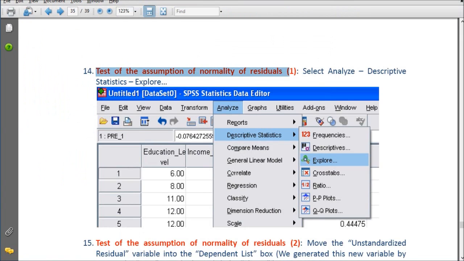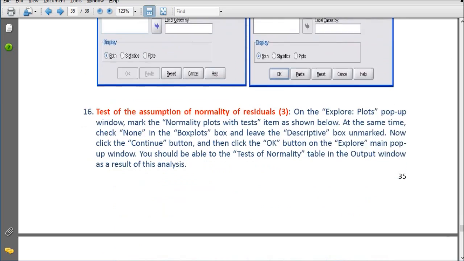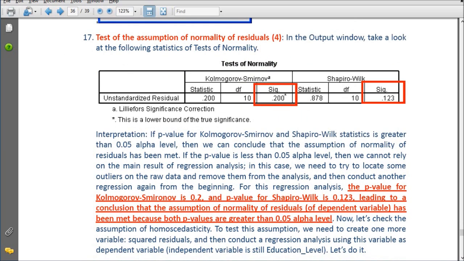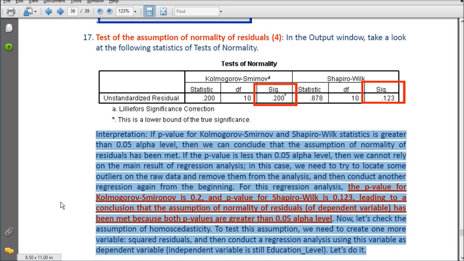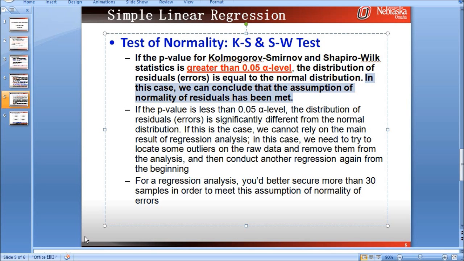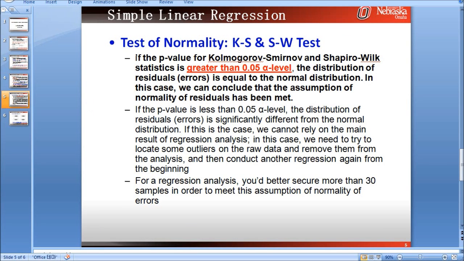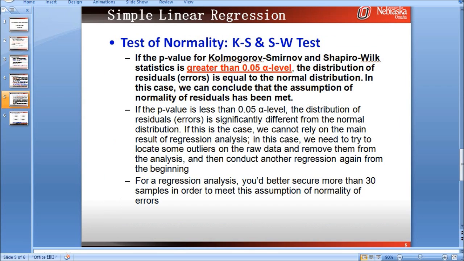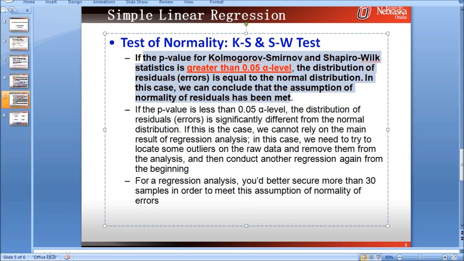Please make sure to read step 17 about interpretation, and make sure you have a clear idea about this slide about interpretation.